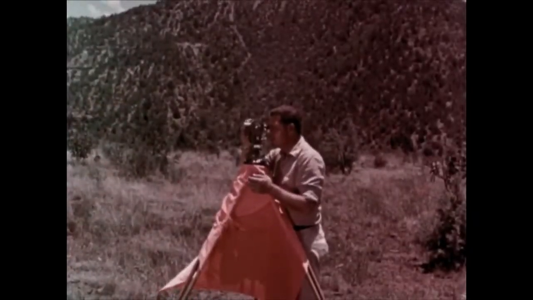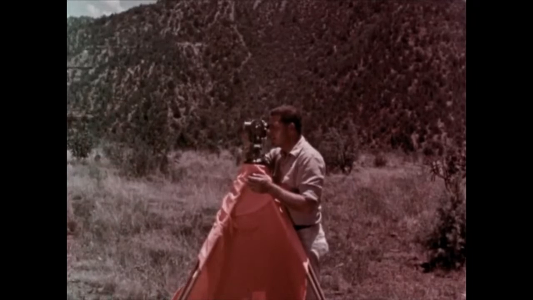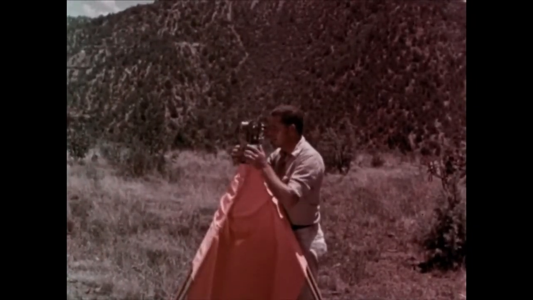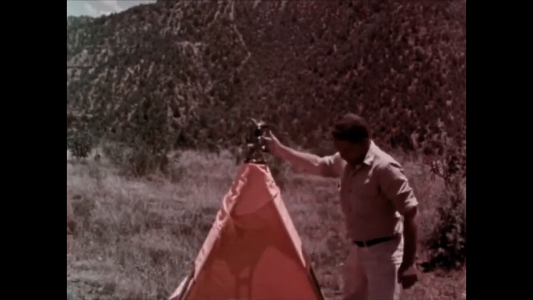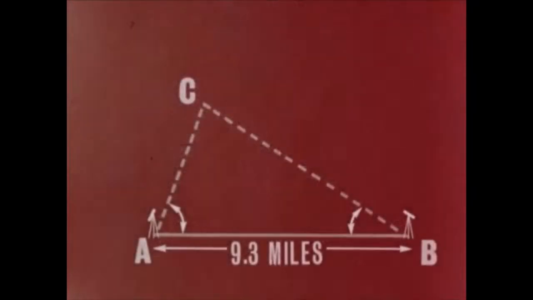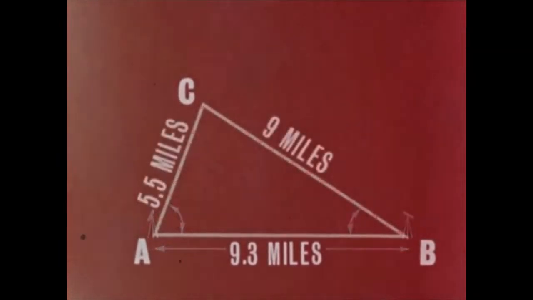The same thing is done from the other end of the baseline at point B. The surveyor accurately measures the angle there between the baseline and another line running to the new point at C. Again, he sights carefully on the rodman still at point C. Now, knowing the length of one side of a triangle and the two adjacent angles, the distances to point C